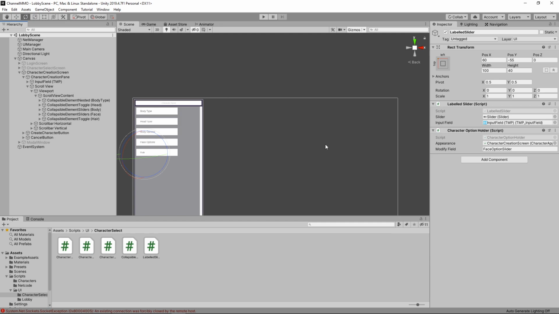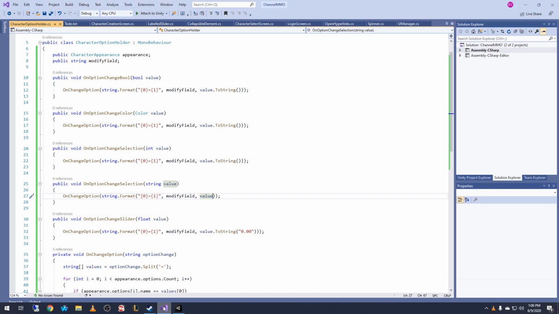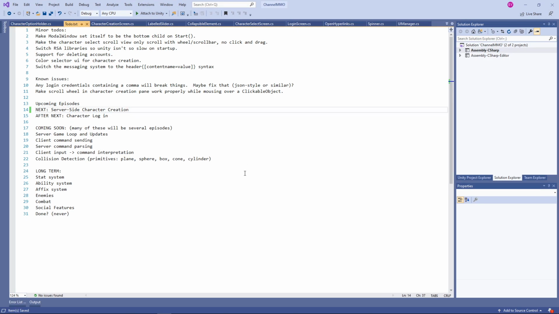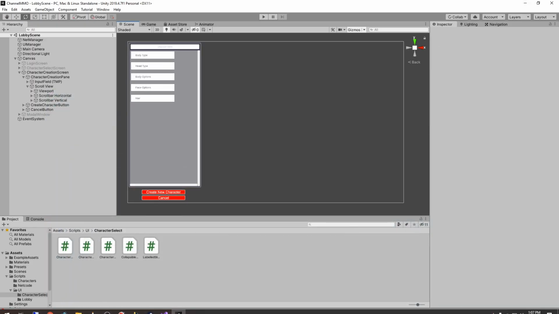So that should be all of these UI elements set up, and we just need to duplicate those and change them as needed, and it should be super flexible. So that is great, and that means that we can scratch this off of the to-do list. Wonderful. Now we still need to do server-side character creation, and I am still committed to doing that in this episode. It's going to be a little interesting with the messaging. I'm not sure how I'm going to tackle that yet, but we will get to that in just a moment,